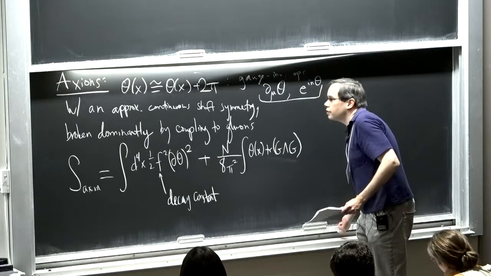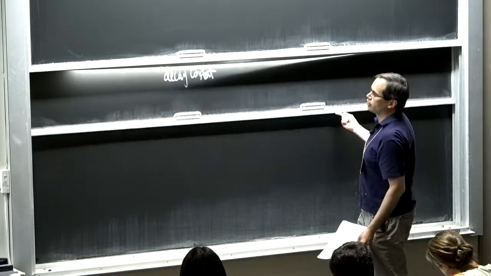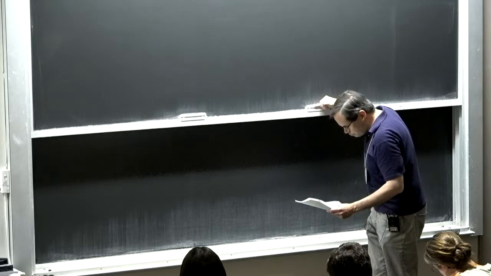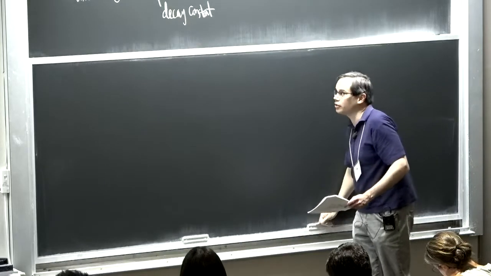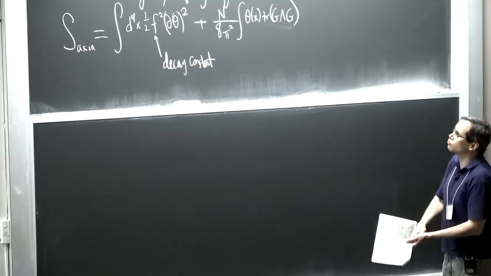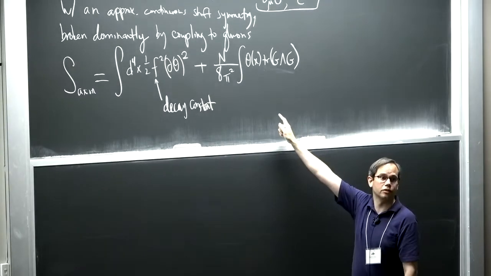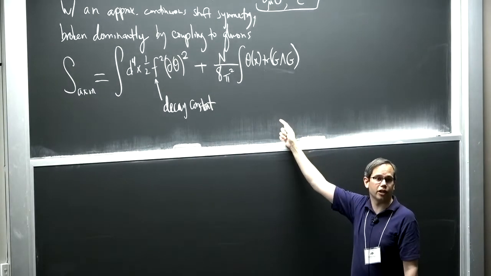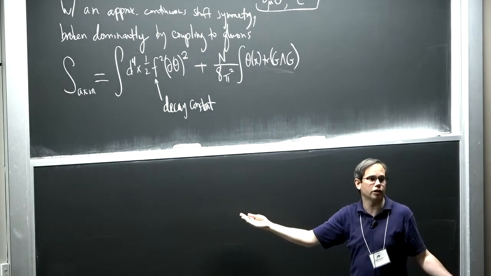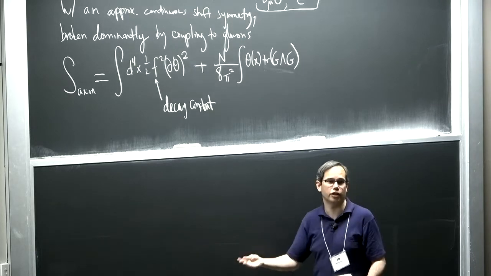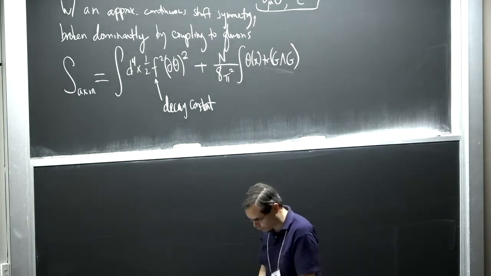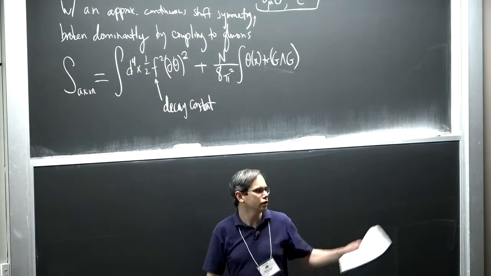So this basically is the Axion solution to the strong CP problem. People usually introduce this by talking about something called a Peccei-Quinn symmetry. I'm going to come back to that. What I want to emphasize is really all we need is this effective Lagrangian. And if you can get this effective Lagrangian out of some theory, the solution is going to work no matter what your underlying theory looked like. Okay, and we're going to look at a couple of different kinds of underlying theories that both generate this in different ways. Yeah?